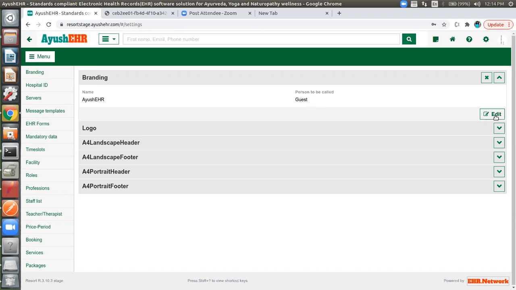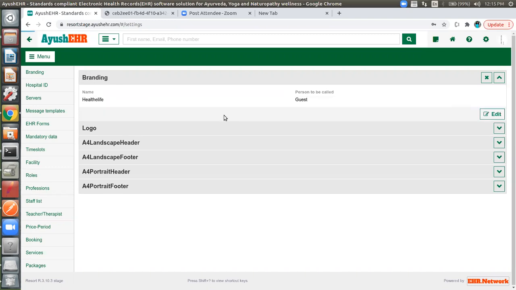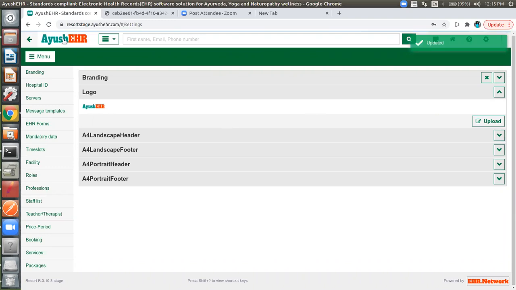We can edit it here, like saying healthcare, healthy life. Okay, I'll change it to healthy life. And the logo in the top left, this logo, ICHR, can be changed according to the organization. If some other organization comes, they can change their logo here.